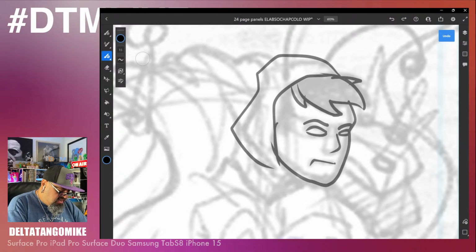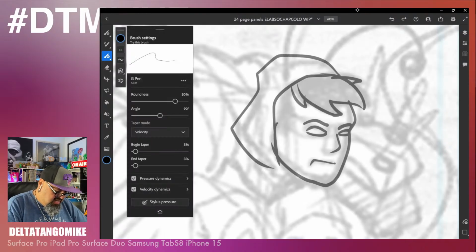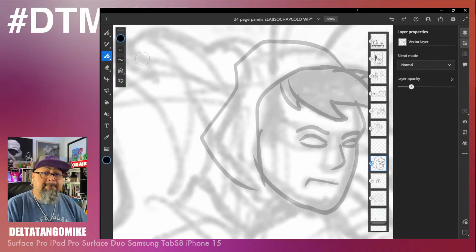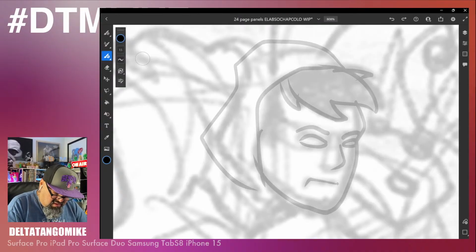And let's check my settings for it. The begin taper. I wanted to have taper, pressure dynamic, velocity dynamics, yes. There we go. Okay, so now let's see. I'm gonna change that a little bit more. Right here, turn that down some more. There we go. Got it. Yeah. So now let's go and say,